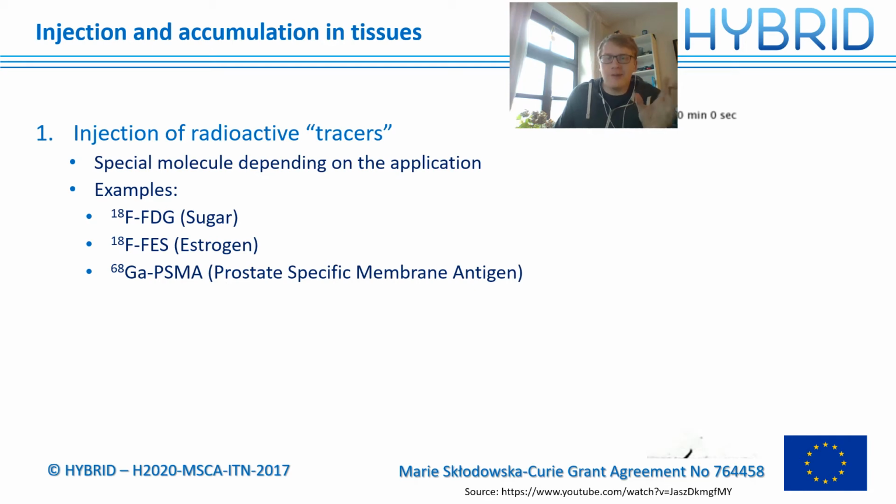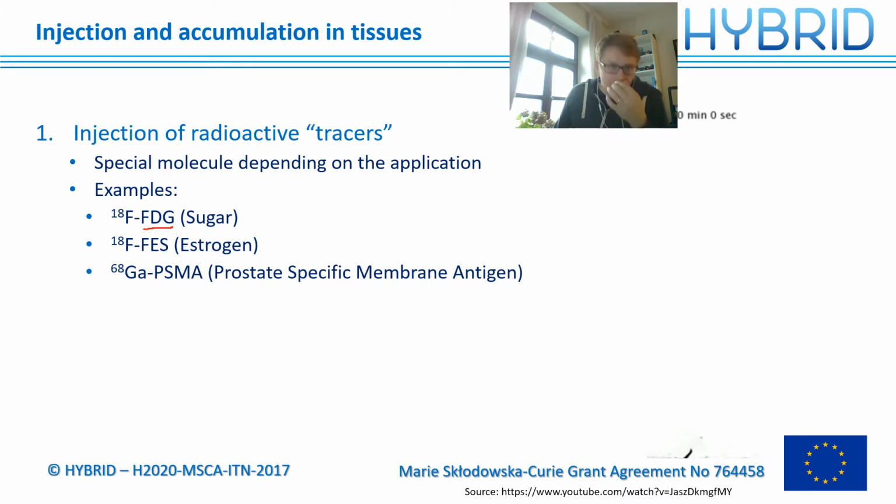How does it work? Well, I'm going to tell you now. So, first of all, we inject radioactive material into the patient, which sounds crazy, I know, but those tracers are actually specific molecules which bind in the patient's body to specific tissues. So, for example, we have FDG, which is glucose, so sugar, and this is especially taken up by the brain and as well by tumors because they split, they need a lot of energy, so they have a high glucose